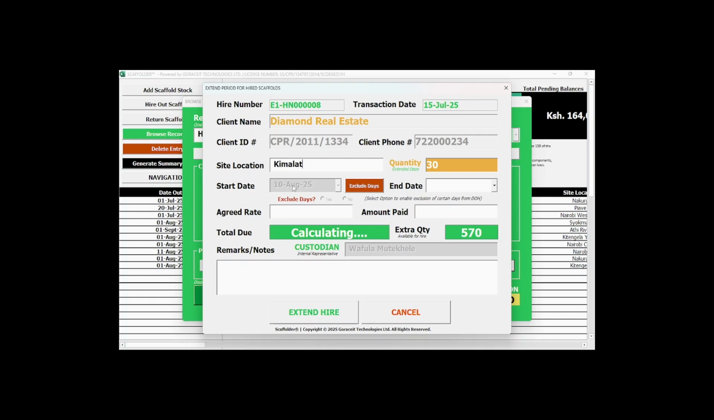You can see here there's a provision for excluding the days. So let's say we are going up to 20th of August. We're still charging 200. So now it's coming to 60,000. We want to exclude